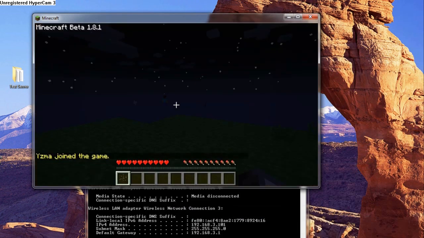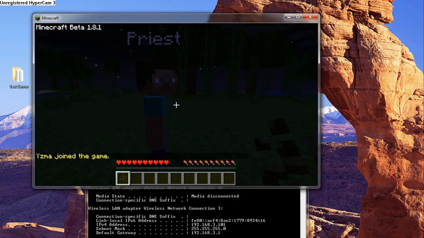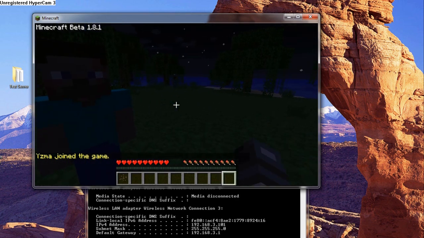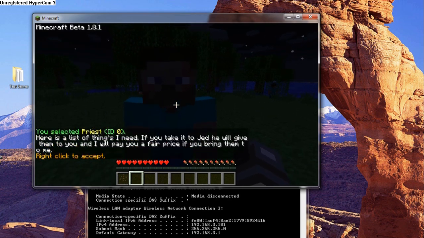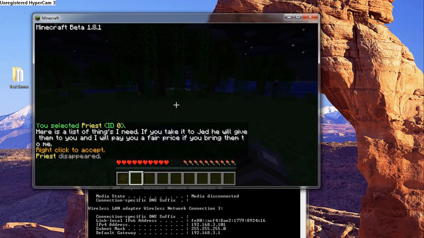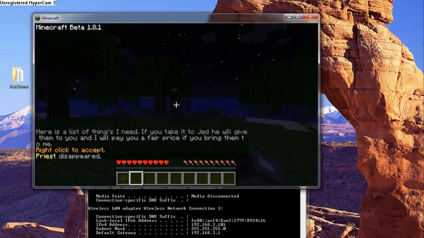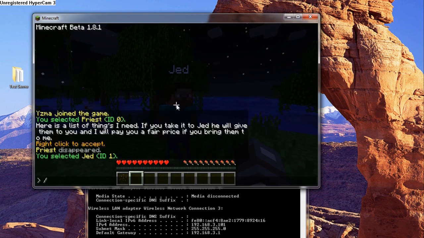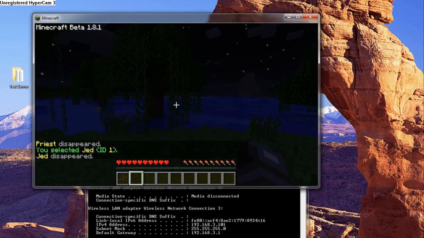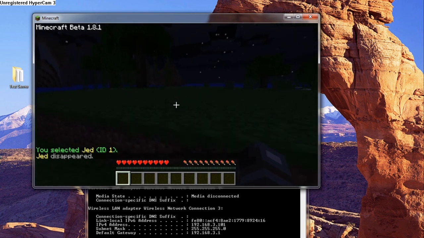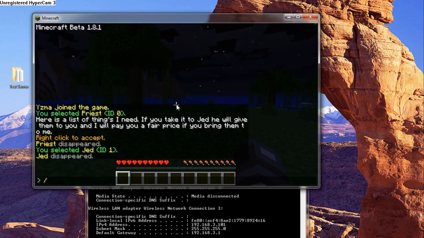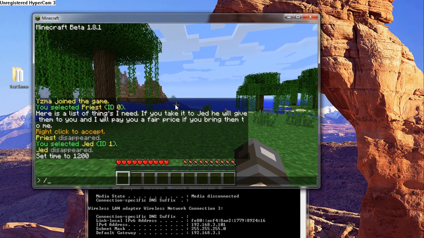There it is. So now we can connect, and as you can see, I already created an NPC, 2 of them, because I had video editing issues a moment ago. So we'll just delete these a second, pretend they don't exist, and okay, so I should see. Okay. So now, I'm going to change the time of day. Time set 1200 because I don't like the night.